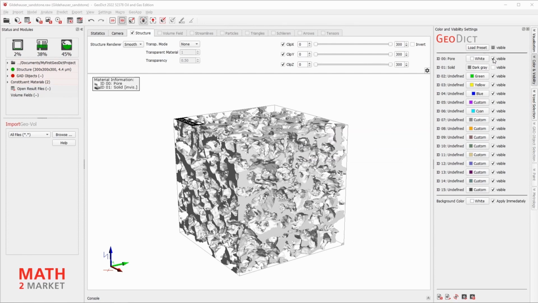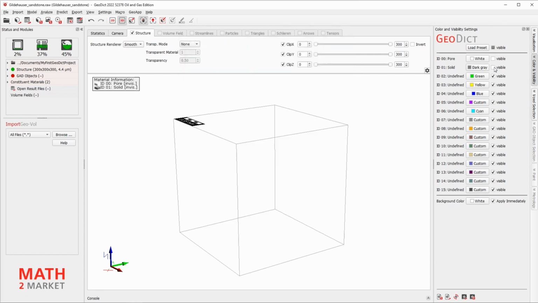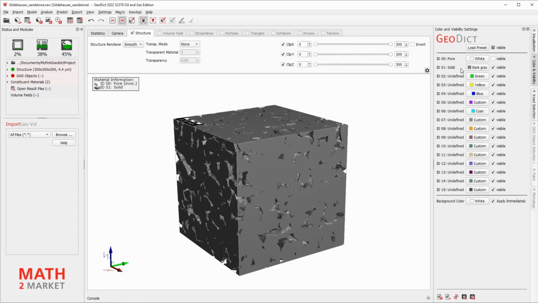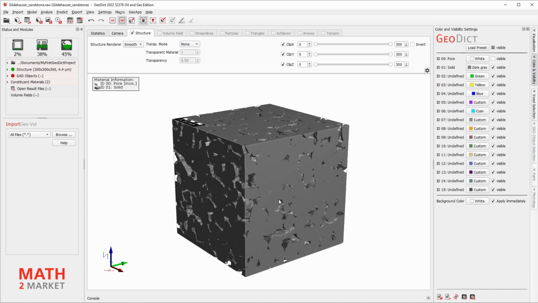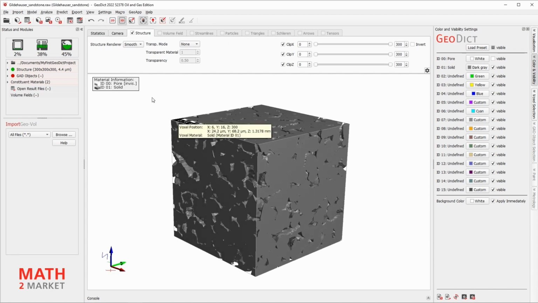Please uncheck the pores visibility and check the visibility of the quartz again, because what we want to do now is to change the information of the materials. To do so, select the constituent materials from the toolbar.